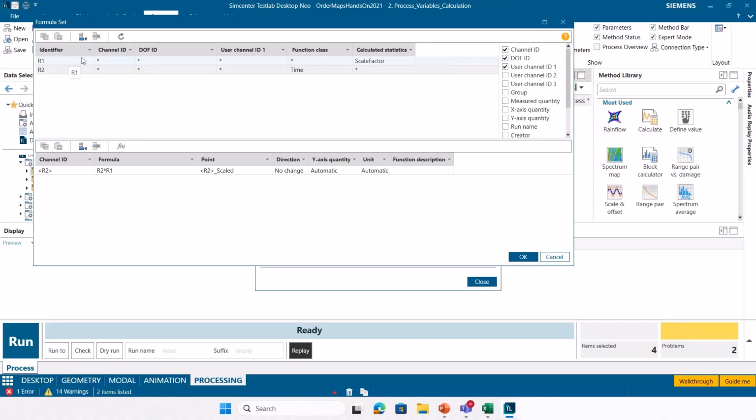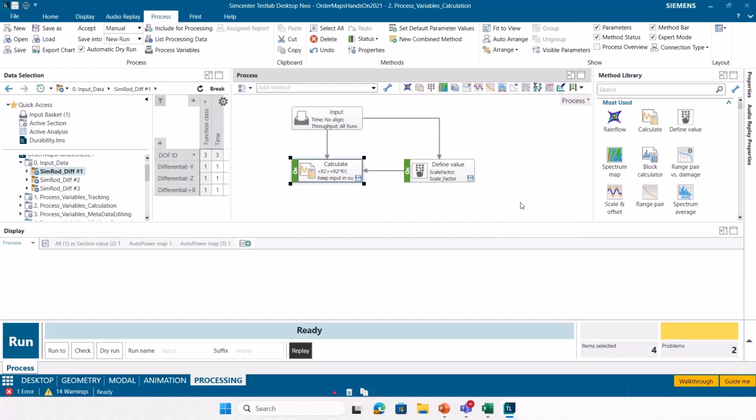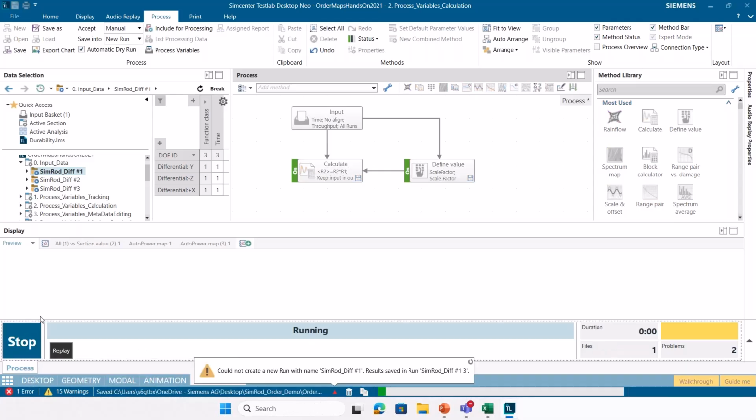I'm going to take my scale factor variable, that's this first row here, and multiply it by all of my time channels. That is this row here. So I've got this formula R2, which is all of the time histories in my time file multiplied by my scale factor. I'll hit OK and close. And now I will run this process.